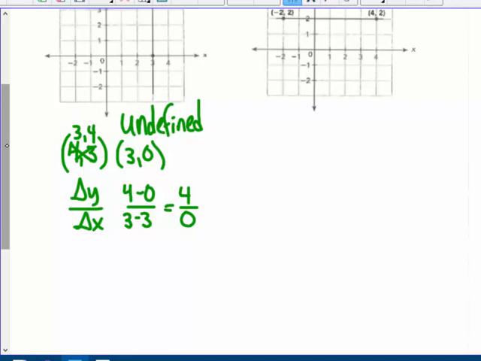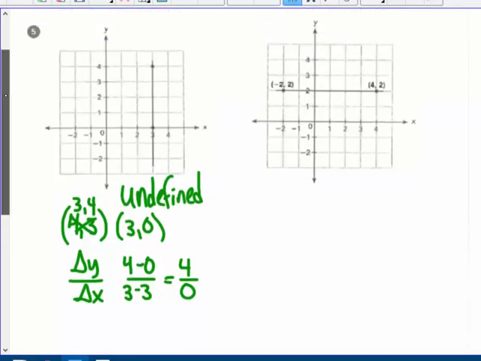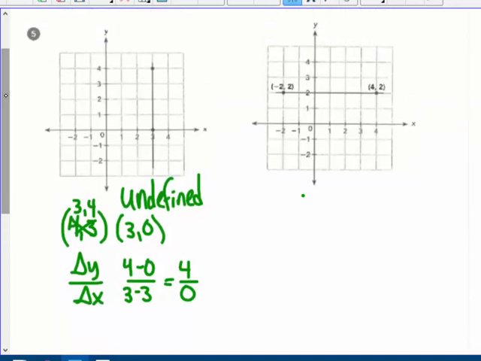In my second example here, I have that horizontal line, so I know my slope is going to be 0, and yes, I can check it with my points, and hopefully I'll do it correctly. Oh, they put the points on there for me. So negative 2, 2, and 4, 2,